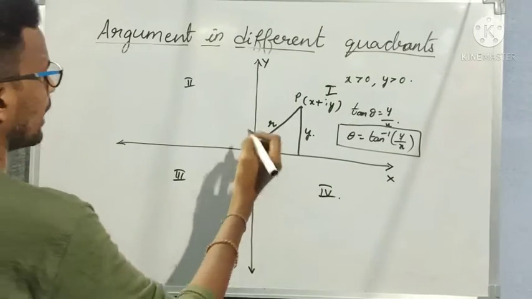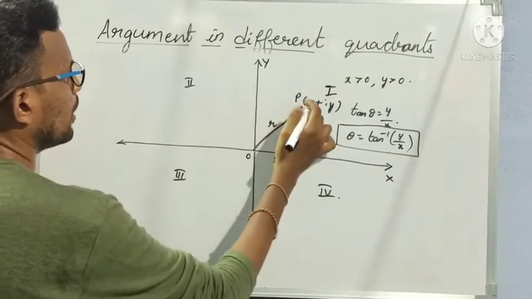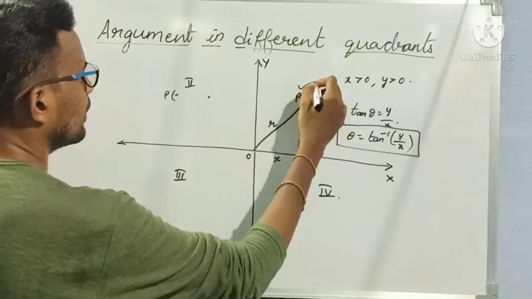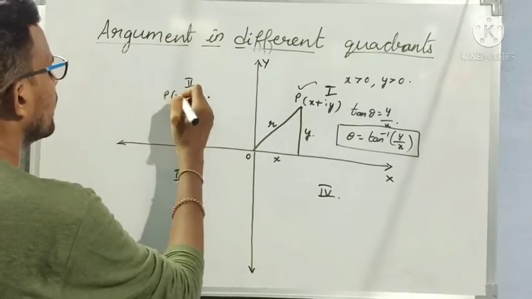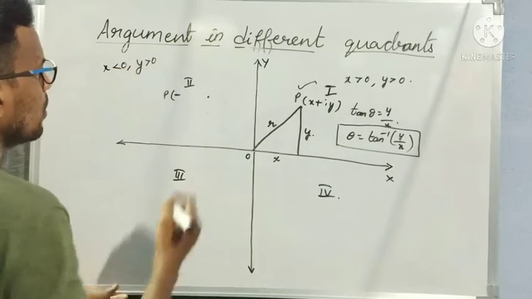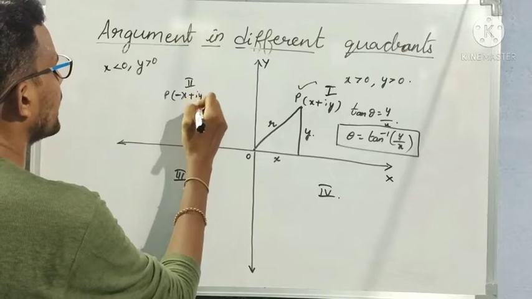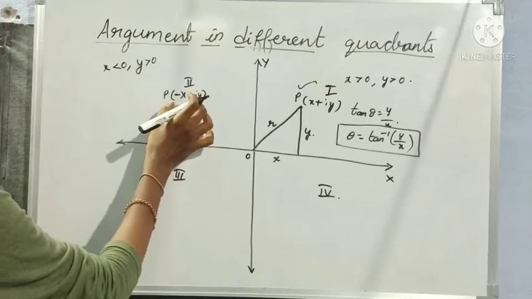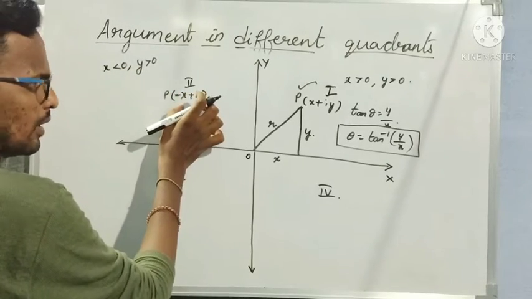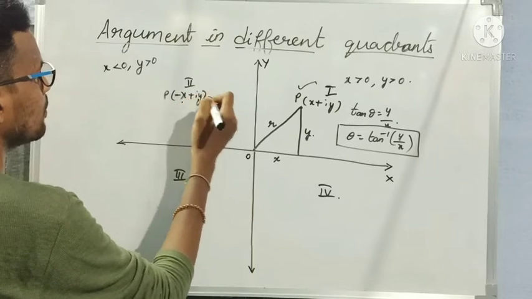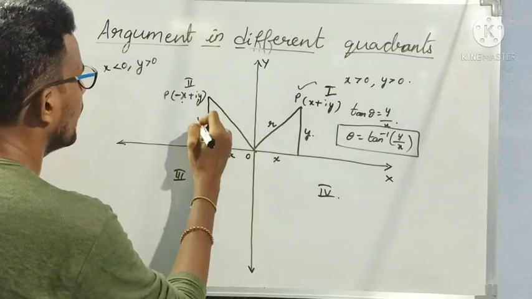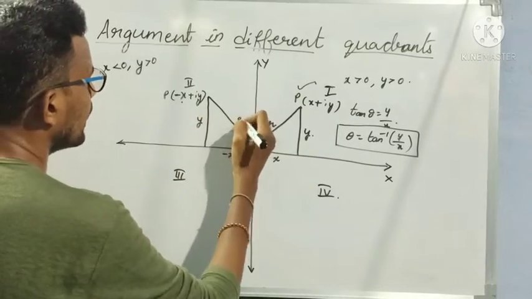Next, if we come to the second quadrant, suppose my complex number p is shifted to the second quadrant here. In the second quadrant x is less than 0 and y is greater than 0. So my complex number will be of the form minus x plus iy. Whenever you find any complex number of this form, you should remember that yes, this is in the second quadrant. Understood? X value is negative and y value is positive. Okay? So if I draw the diagram, this will be my diagram. So minus x, again y. So this is the resultant r.